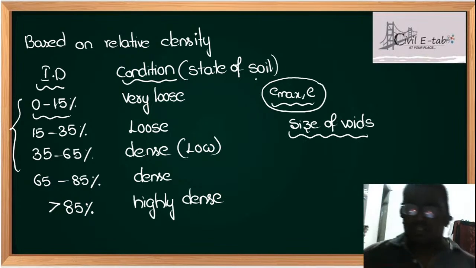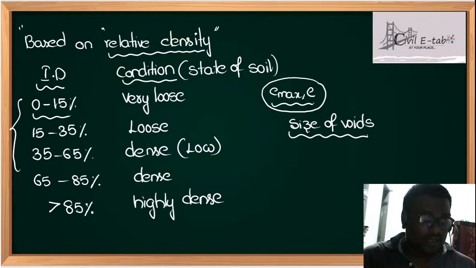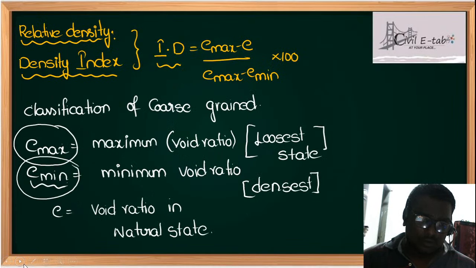Now why is it useful? Because after a lot of practical observations, they have come up with one factor. It is a kind of factor. If I tell you relative density, based on this factor, they are telling that it is helpful for derivation of coarse grain. Am I clear, students? Now you can ask me,